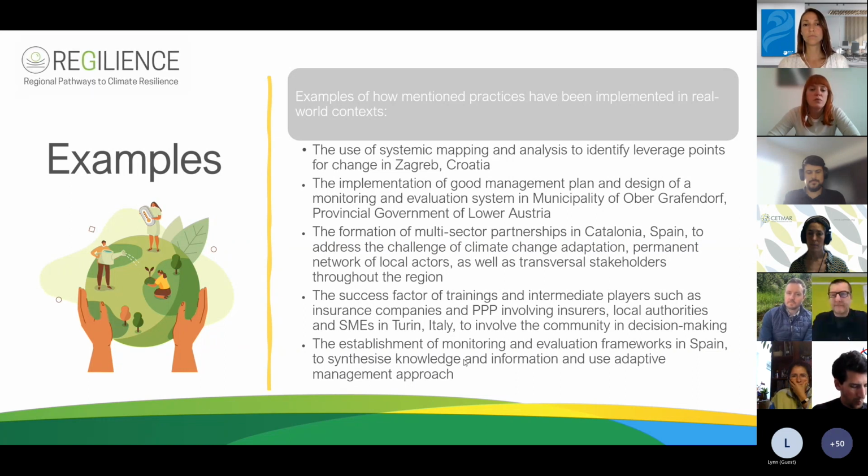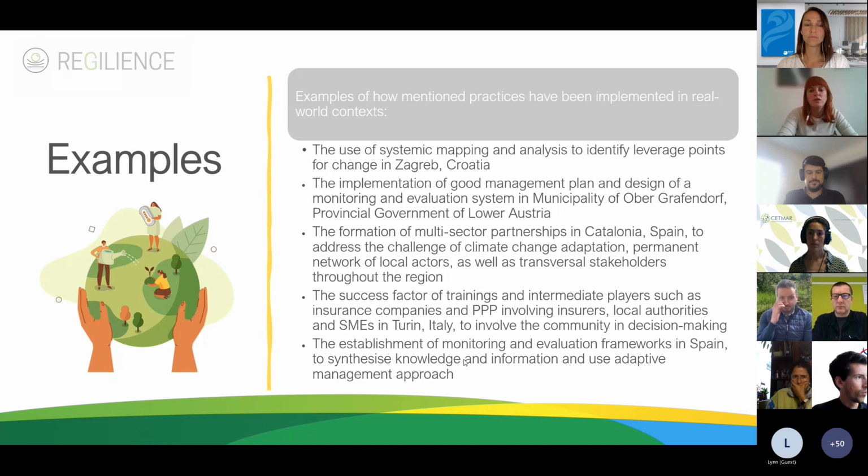Also the implementation of a good management plan was something that came up while talking with the municipality of Ober-Grafendorf in Lower Austria, where they actually used a participatory approach. The municipality engaged the community and set up a monitoring and evaluation system,